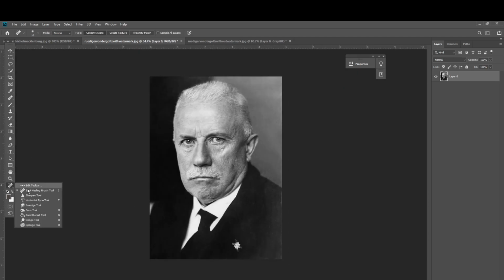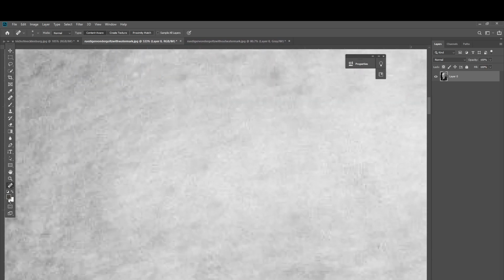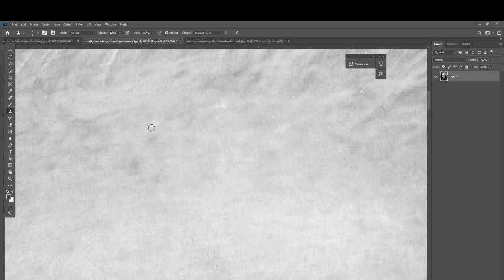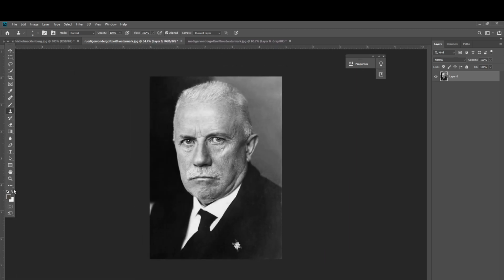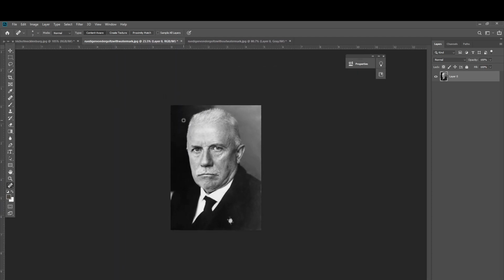So ideally, for really isolated noise like this, you can just use the spot healing brush tool. But if it's something a lot more complicated that this thing can't really remove, just use the clone stamp tool, like so. There we go. Well, I could probably just use the spot healing brush tool, but it was only for the sake of example. Alright, so in regards to preparing the lighting of this,